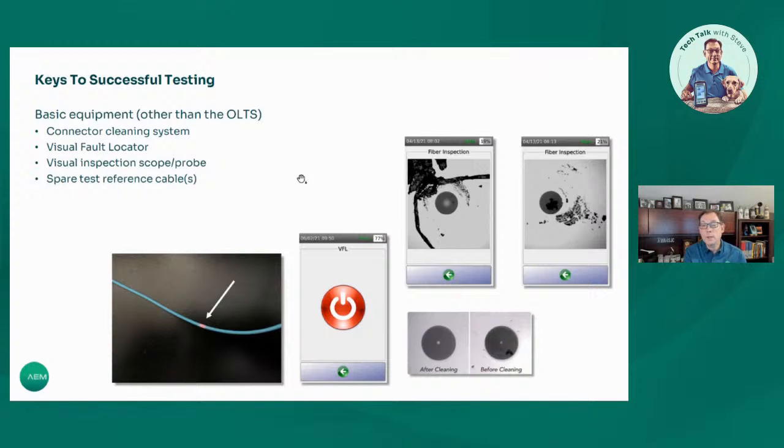And you get dirt on one connector, you go and you plug it into something else, you've transferred that dirt. So you really need to be inspecting. The rule is you inspect it, clean it, and then inspect it again. So if you inspect it and it's perfectly clean, you don't need to clean it. Just go ahead and connect. And you should